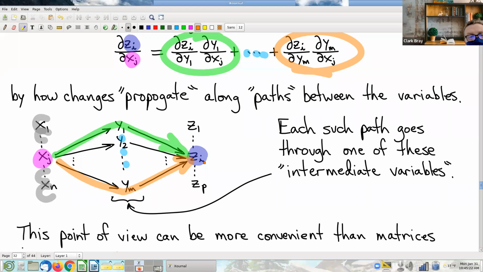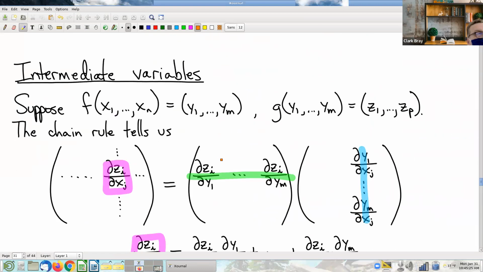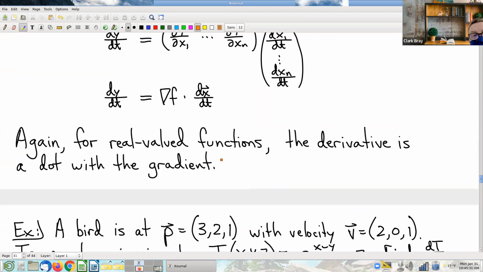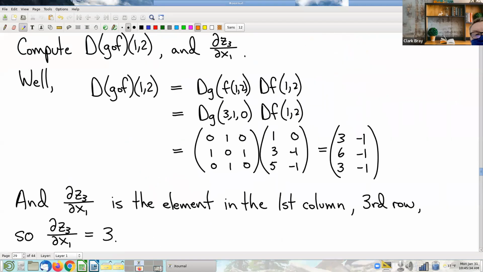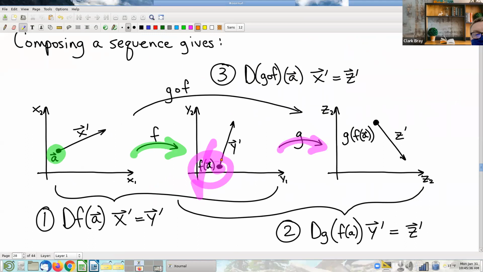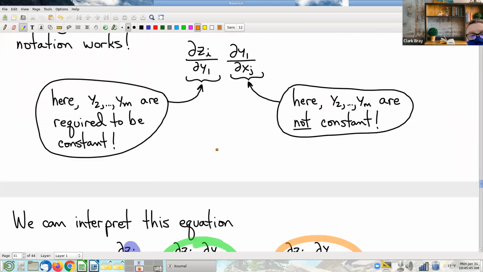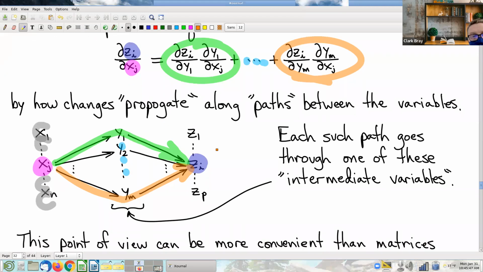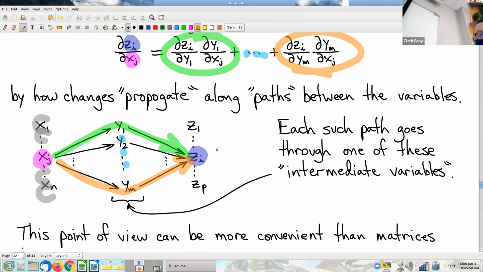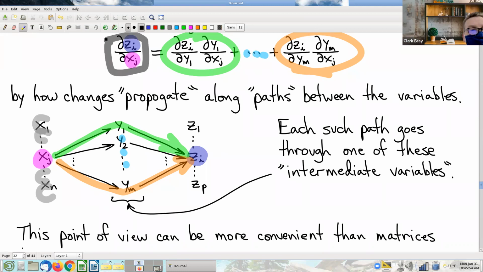Now, there are circumstances when the power of matrix multiplication is invaluable and you've got to have it. And I think this is the best way to understand why the chain rule works. This point of view here, I really think the matrix point of view is super, super valuable. But sometimes, where am I? Yeah, here we go. Sometimes if you've got very specific variables, and if you just want to know just this one partial derivative,